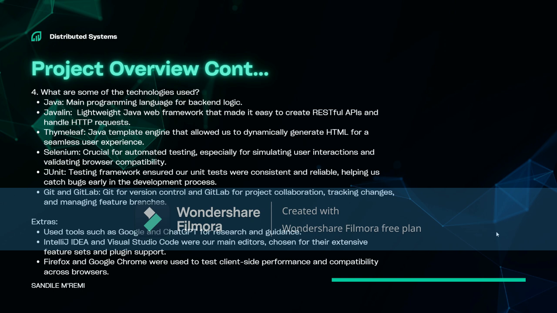So, a continuation of the project overview. Some of the technologies that were used were Java as the backend logic, and then Javalin, which was a lightweight Java web framework that made it easy to create RESTful APIs and to handle HTTP requests. Then we had Thymeleaf, which was a Java template engine that allowed us to dynamically generate HTML for a seamless user experience. Then we had Selenium, which was crucial for automation testing, especially for simulating user interactions and validating browser